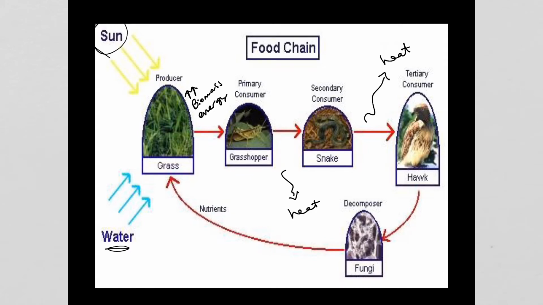This is the decomposer. So once this hawk dies, it will be either scavenged or decomposed. And if it's broken down by a fungus, the fungus is going to take the nutrients from whatever the hawk consumed in order to maintain its life and restore those back to the environment. And they can be utilized by the grass, because plants, we know that they require carbon dioxide, water, and sunlight